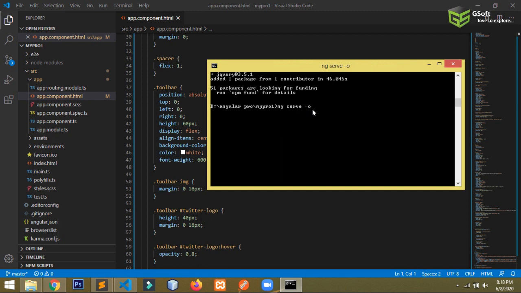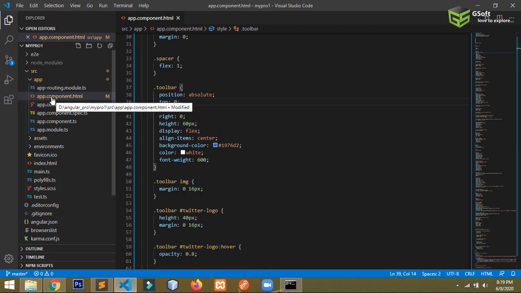Okay guys, let me run this command and let's see what comes. The first file which is executed is app.component.html. Let me show you.